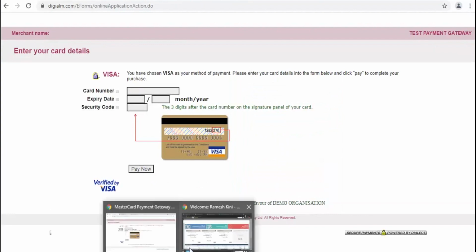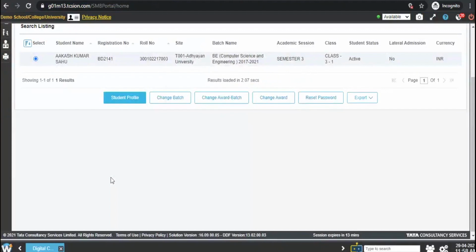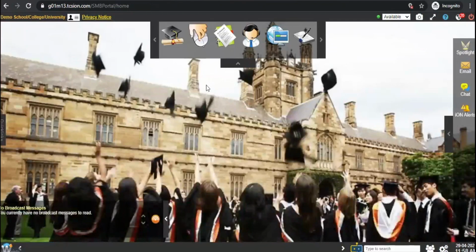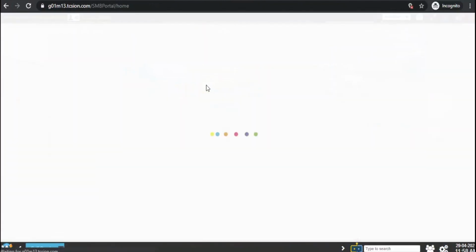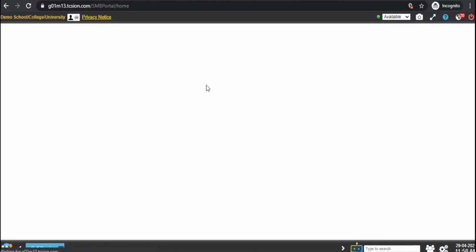Apart from all this, there are dashboards that are readily available for the institution, particularly for the admission department and fee department and the higher management as well, so that these departments can have a bird eye view of the transactions that are happening on a daily, weekly, or a monthly basis.